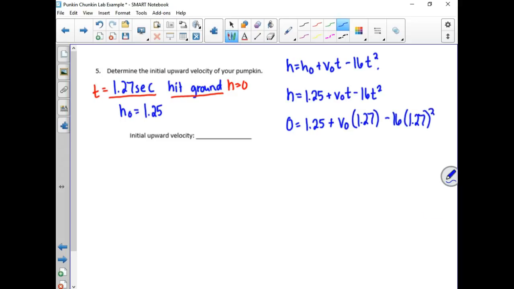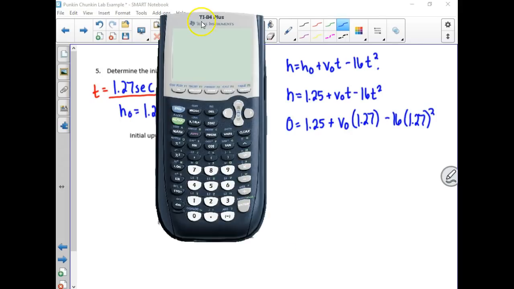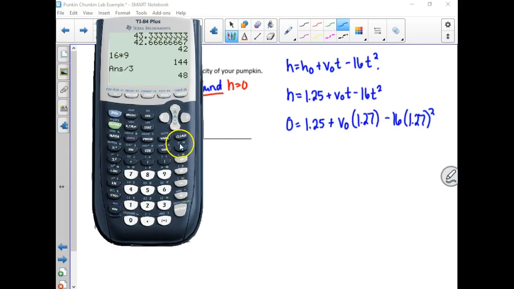So, let's use our calculator to figure out what that is. You're solving it by hand, but you're going to probably need your calculator because the numbers are a little ugly. So 16 times 1.27 squared is 25.8064. Don't round here. So 0 equals 1.25 plus, I'm going to write it this way, 1.27 times v sub 0. It's just more common to see it written that way, minus